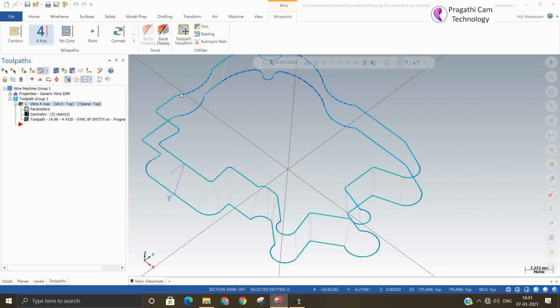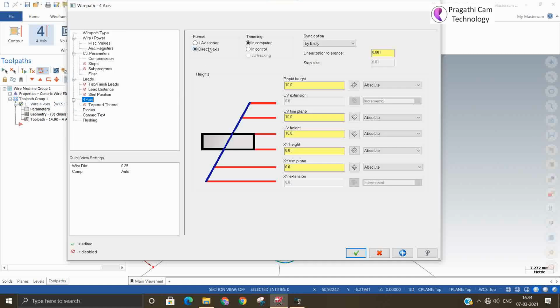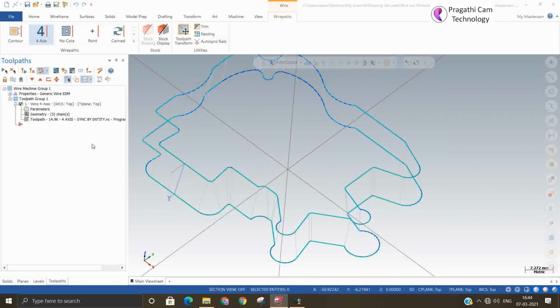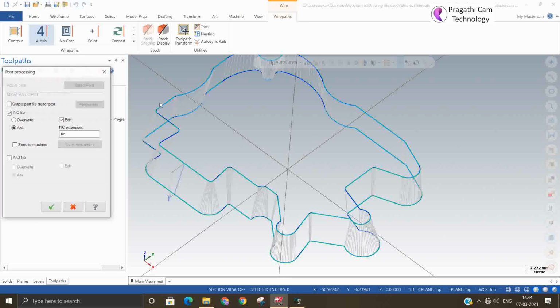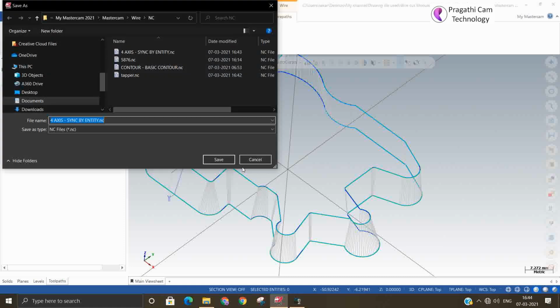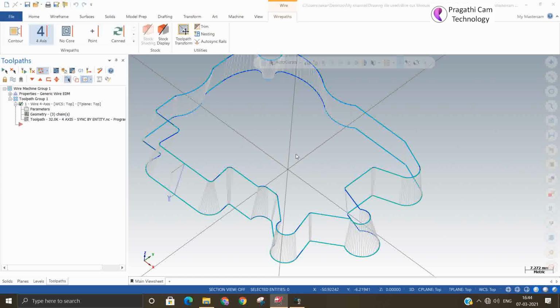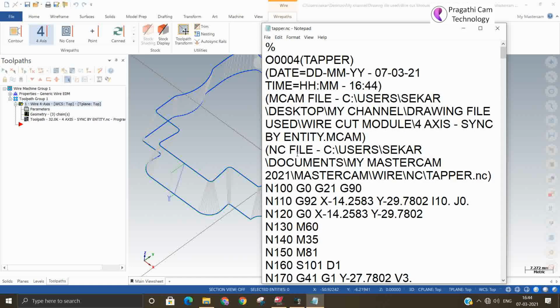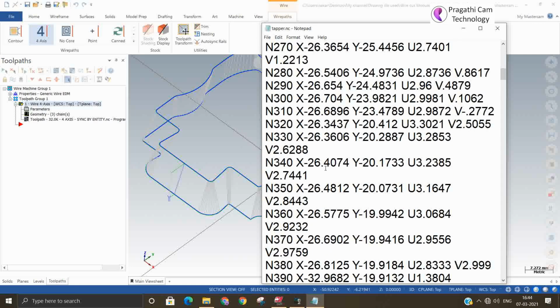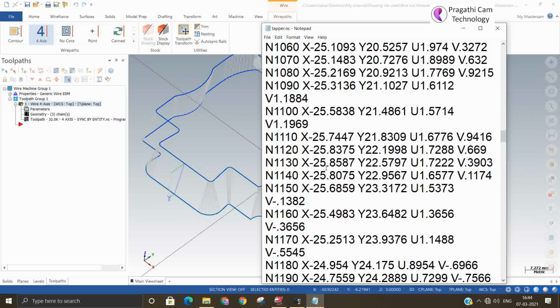Fourth axis taper means it will create only G01 XY and UV. So there will not be any G02 or G03. You cannot see any G02 or G03 in the constant taper. This is a fully fourth axis toolpath. So in this program you cannot see any G03 or G02. So the program length definitely